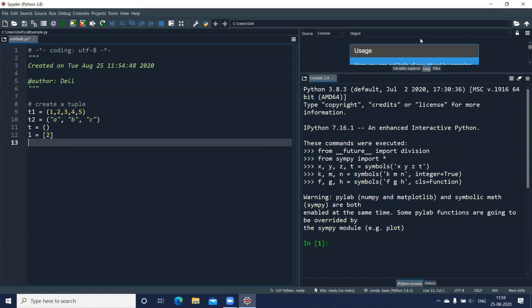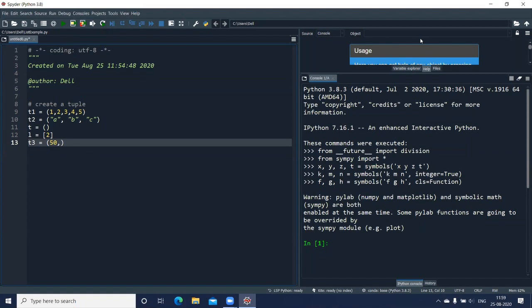But if I want to assign a single value or only one element in a tuple, I can write, say, T3 equal to, in the round bracket, I can put the value. Let us put 50 here. But this is going to generate an error because the syntax for tuple, if I want to assign a single element, is always a value followed by a comma. So I need to give a comma at the end of the first element.